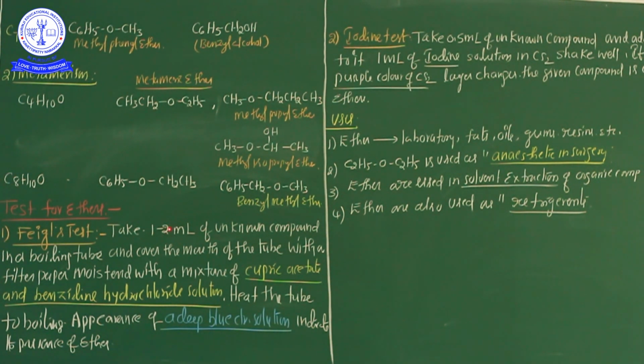Preparation methods, chemical properties, isomerism, and uses are also important. So every student should focus seriously and practice more in all categories: physical properties, chemical properties, preparation methods, isomerism, and even confirmation tests and uses. Okay? So I have successfully completed phenol, alcohol and ether.